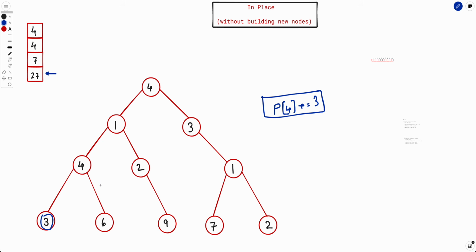So basically each node doesn't have unique IDs here, and because of that you can't simply do parent of x plus equals something, right? So first you need to assign each of these nodes some unique ID. So how to assign a unique ID to each of these nodes? You can simply do